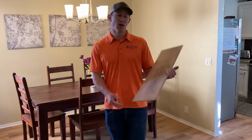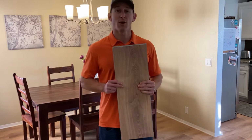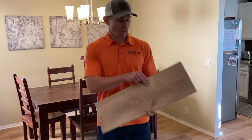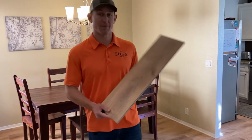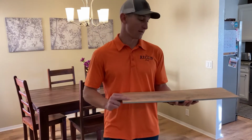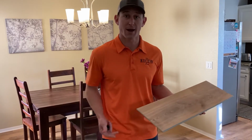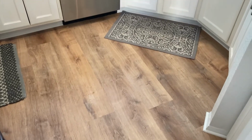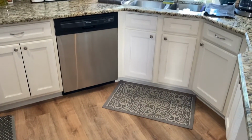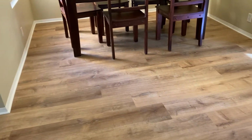Hey guys, so my girlfriend and I decided to take on the DIY challenge and install our own vinyl plank flooring. We went with the Lifeproof, which is Home Depot's brand. It already has the backing on it, and it's nice because it's waterproof, so you can install it throughout any room in the house. Also, it's a cheaper alternative than your other options, and it has a nice wood looking finish to it. And it's something you can do yourself. So I want to walk you through some of the rookie mistakes I learned along the way, which hopefully might